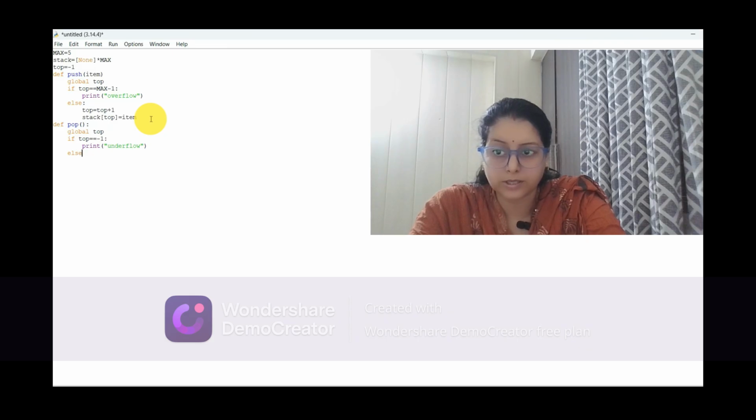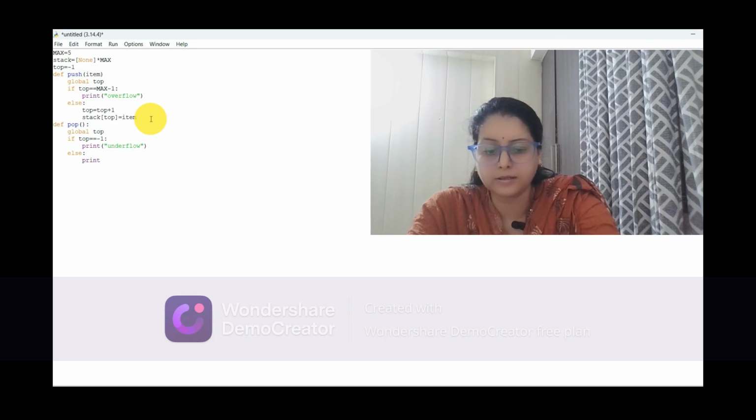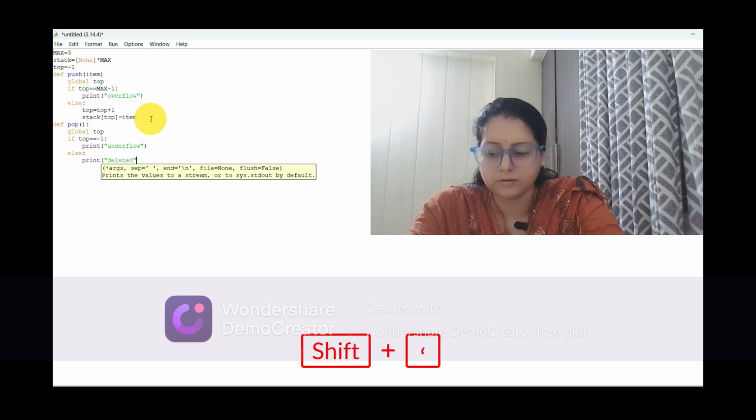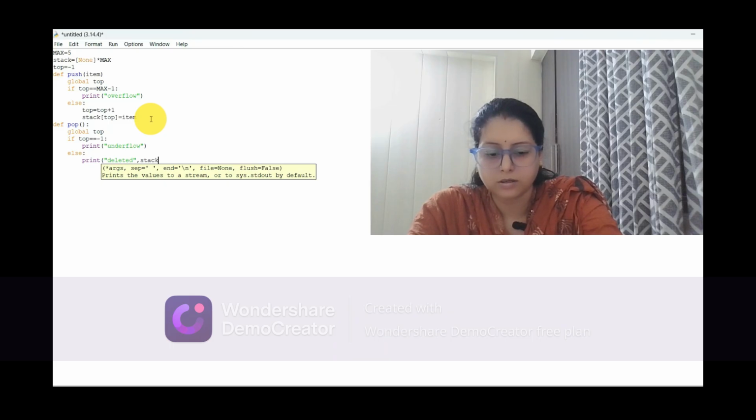Okay, so inside that else part, what will we write here? First of all we will print "deleted", what element deleted, and here we have written stack top.